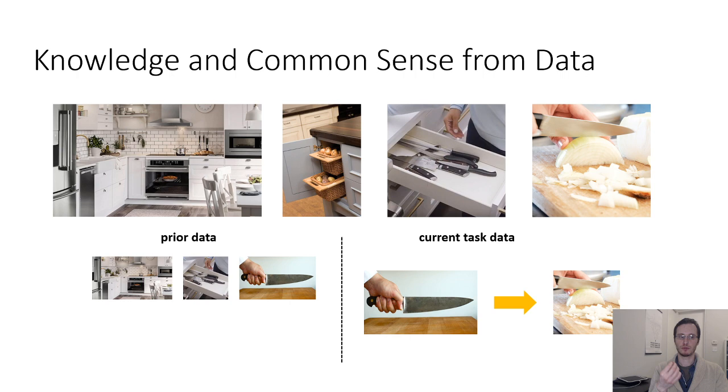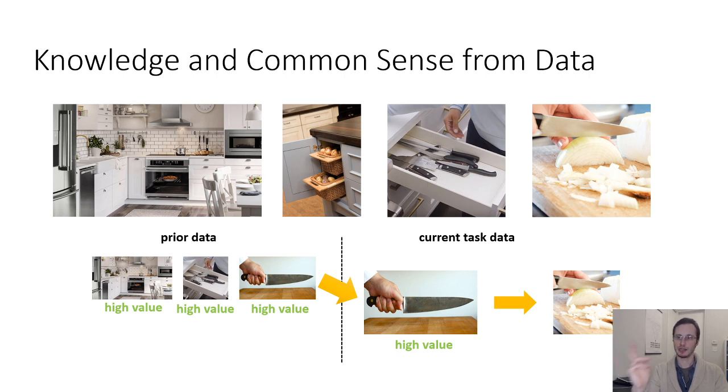If we utilize reinforcement learning algorithms based on dynamic programming, methods like Q-learning, these Q-learning methods will back up values, and they will figure out that the state where you are holding the knife is a high-value state. Similar states seen in the prior data will then also have high value. And the predecessors to those states will then also have high value. The dynamic programming process, combined with generalization from deep nets, will link up that prior data to the new task